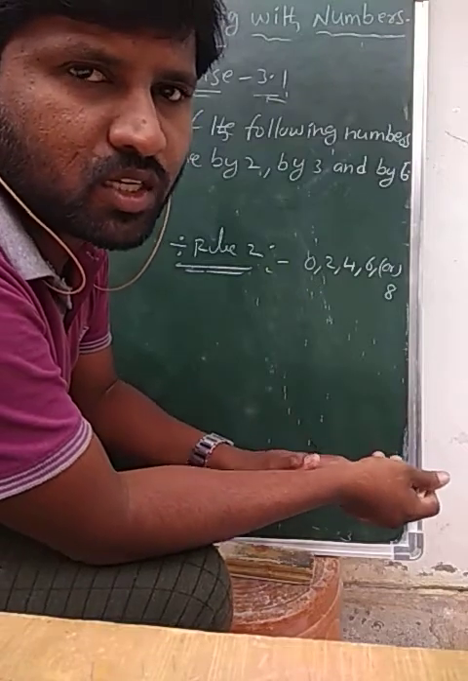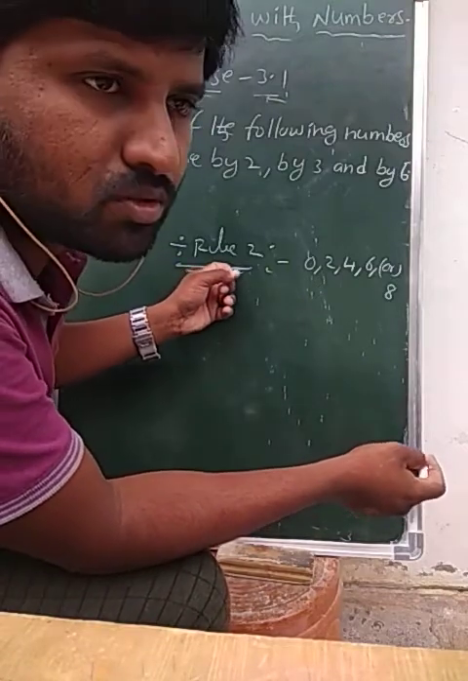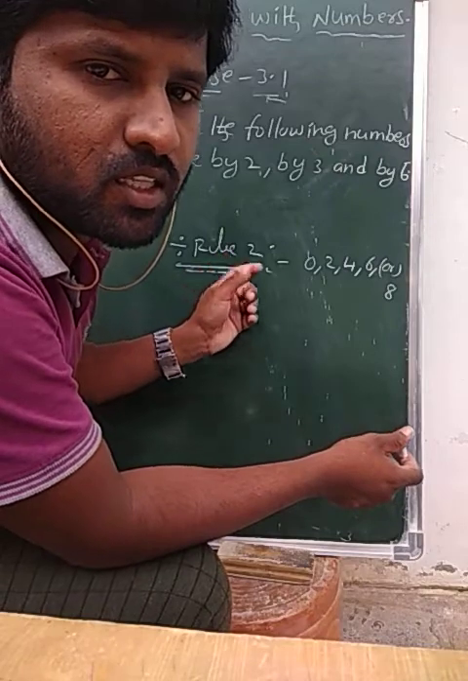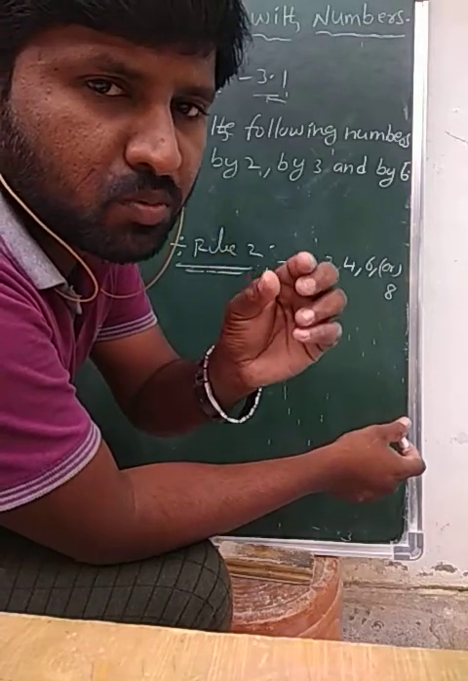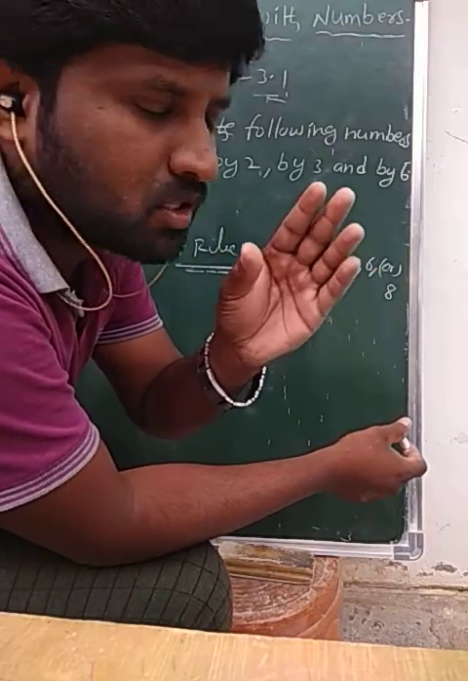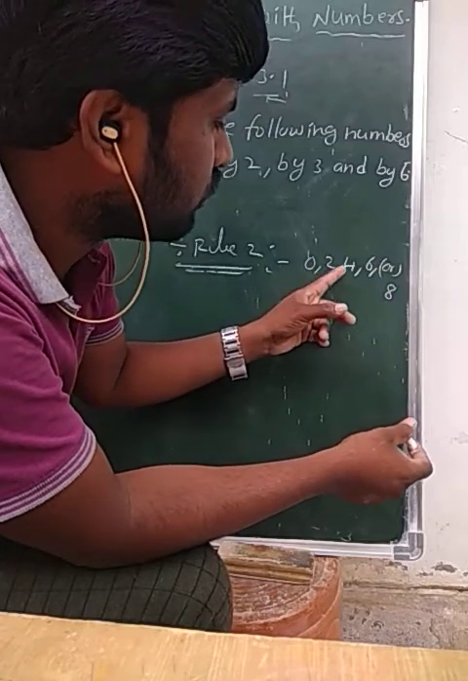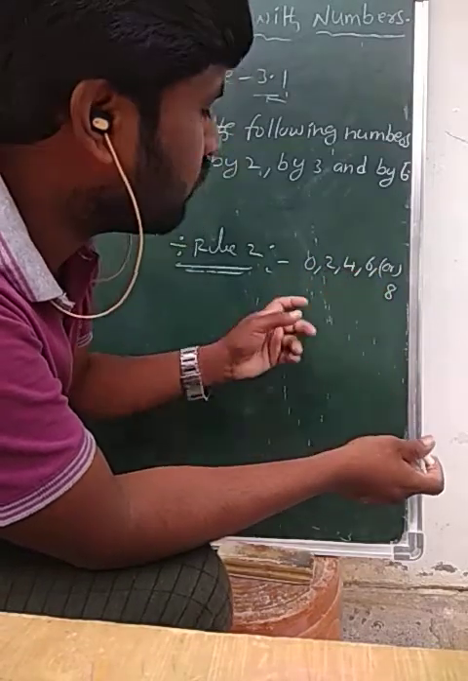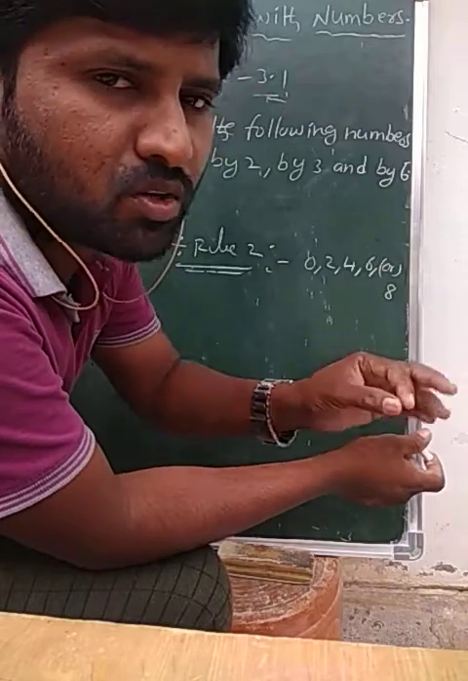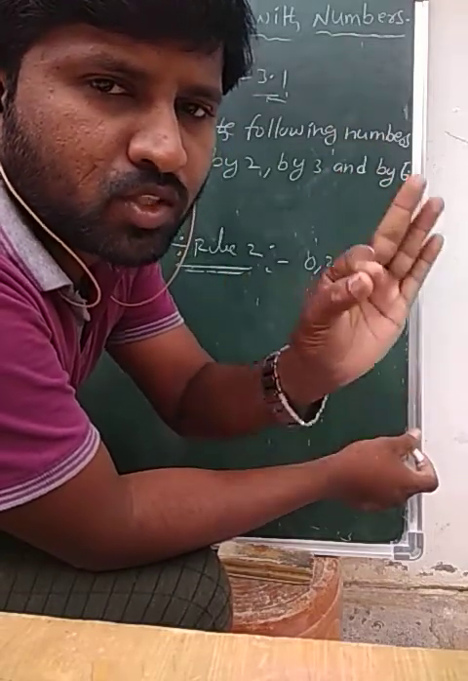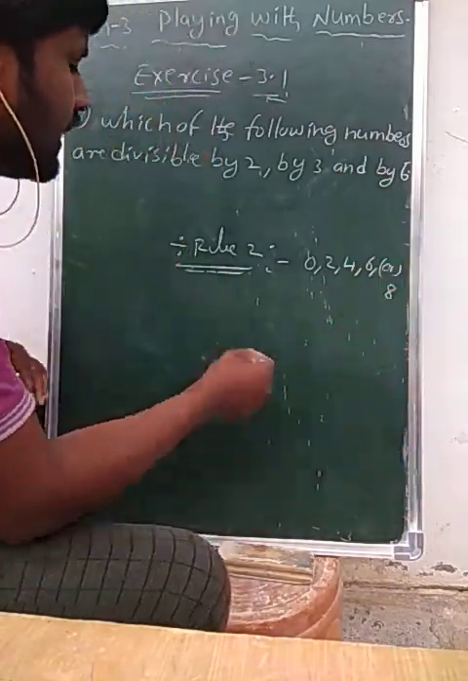Already we know that. If any number is divisible by 2, the unit place digit of a given number should be either 0, 2, 4, 6 or 8. If the ones place has any of these digits, it should be divisible by 2. And like that only